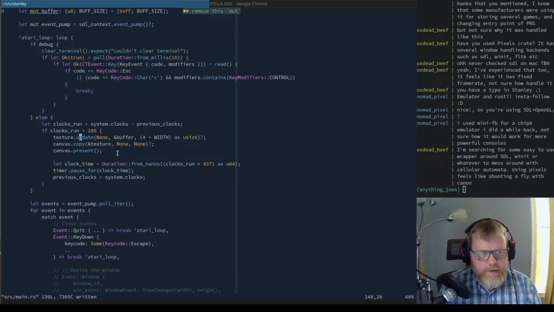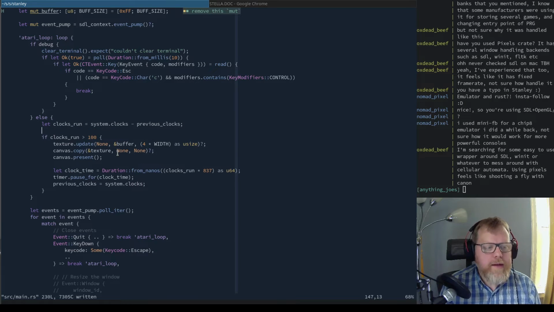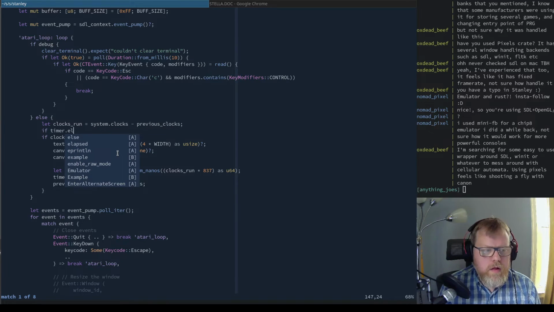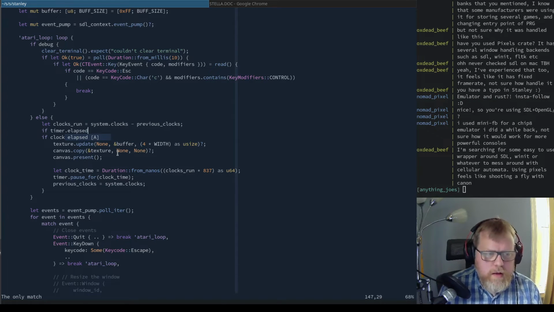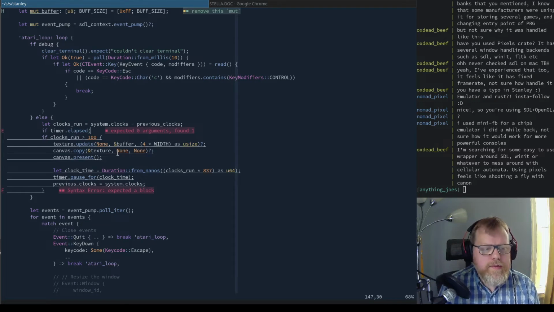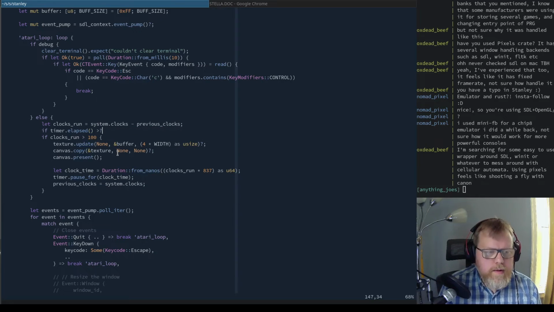We're going to check if timer elapsed is greater than duration from